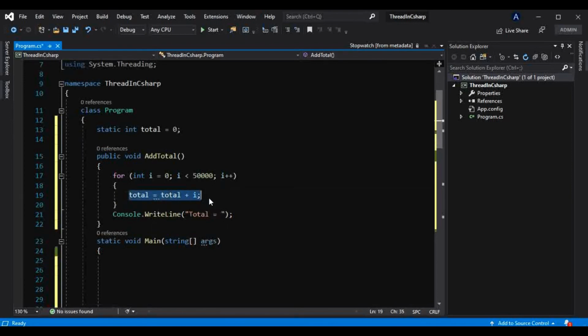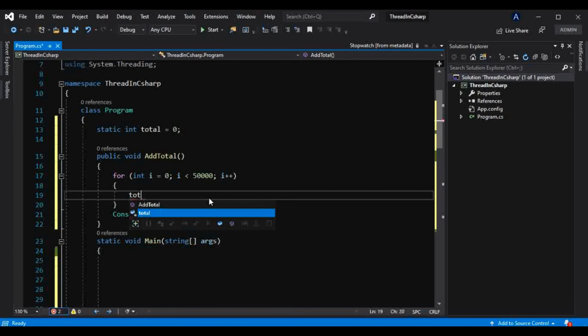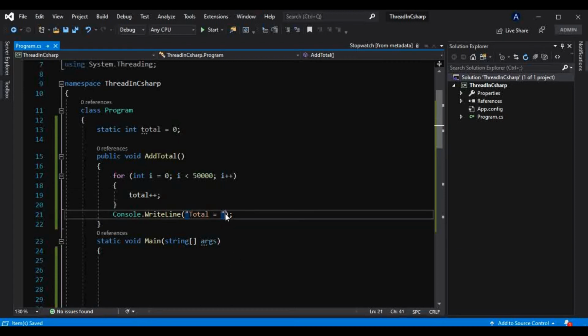So what we will do, I will just make that total plus plus here, something like this, and I will print that total here.